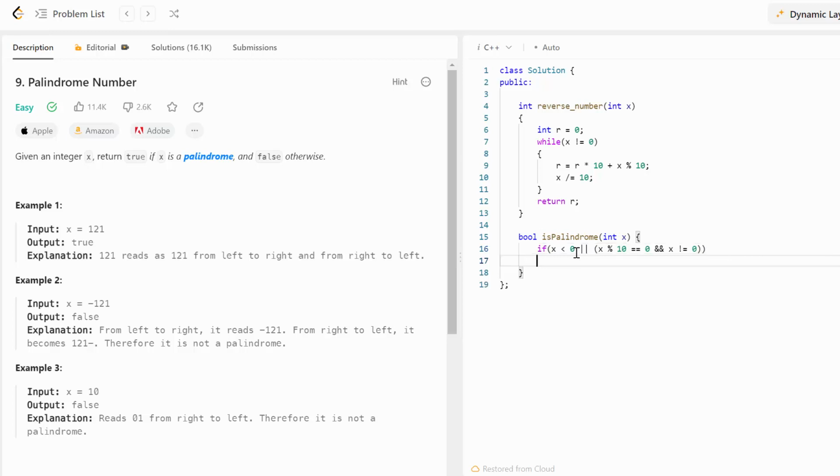In this case, we are going to return false. And then after we checked and we reversed our number, we are going to return x equal to our reverse number function outcome. Okay, so if x is equal to the result of reverse number function, we are going to return true. If not, we are going to return false. Let's try to submit this solution.